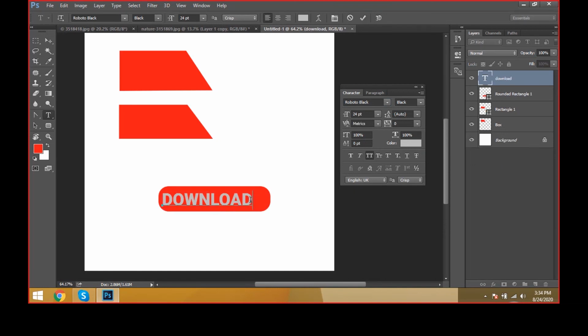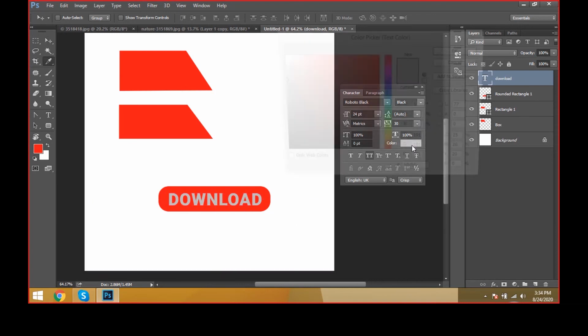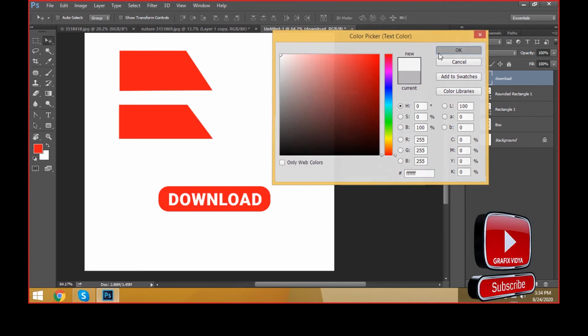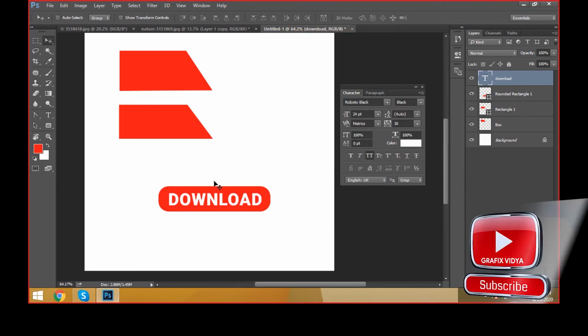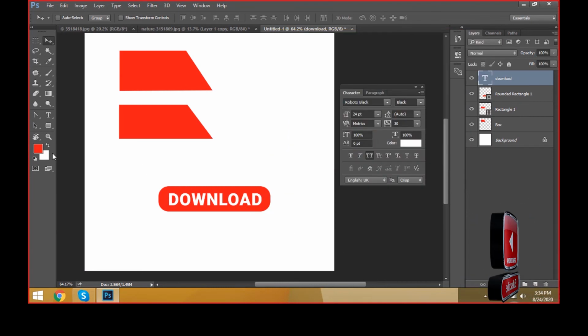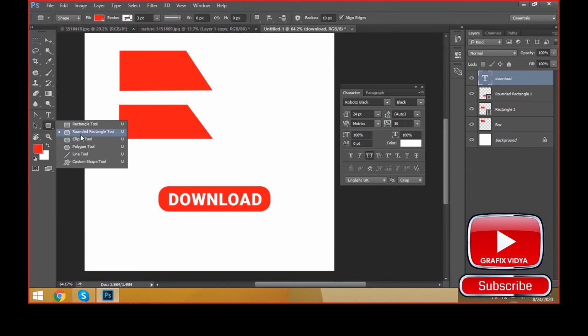Now select the text, highlight it, and you can give some more, like 30 pixels. Take the move tool and move it to the center of the rounded rectangle. Select the text color and keep it white. Like this, we can create download call action buttons using the rounded rectangle tool, and we can create